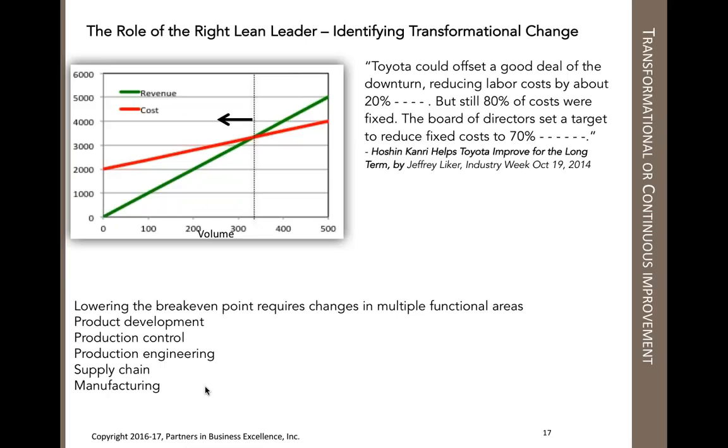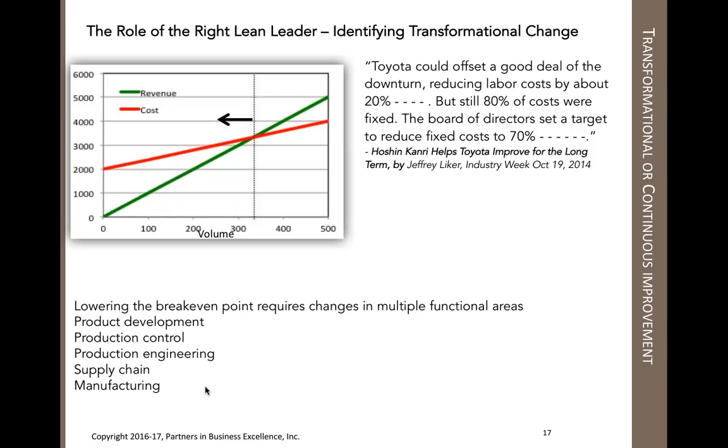And the red line is the cost line. So if you think of continuous improvement or Kaizen type events, they change the slope of that line, right? What Toyota was asking its lean leaders to do was to move the intercept of that line down. And that process, truly transformational, required them to make fundamental changes, not just in manufacturing, but all the way upstream